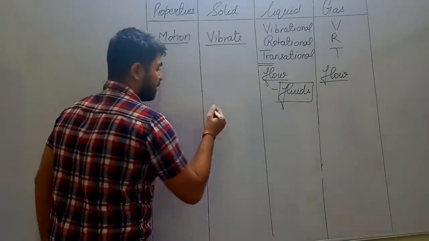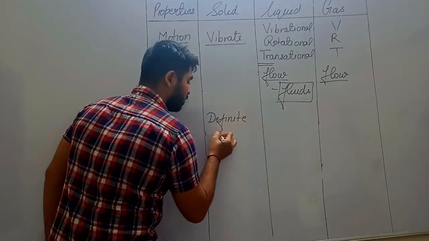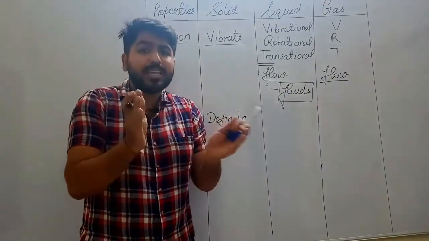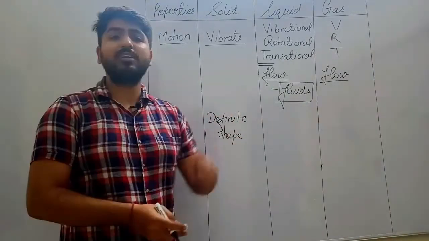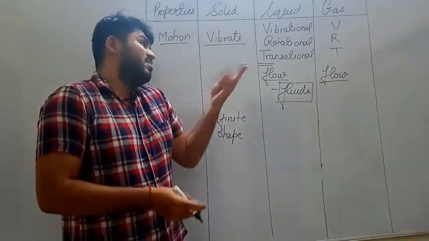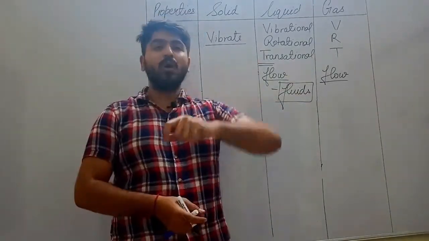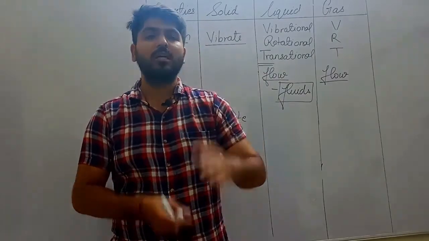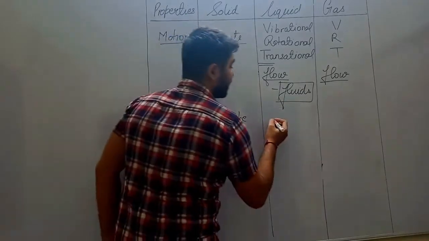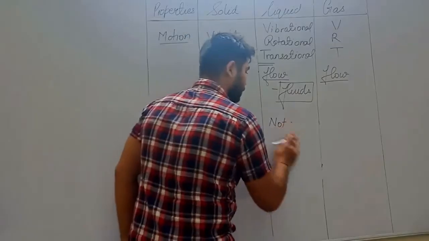Okay, next property. They have motion, due to which, according to motion, we can say that in solids, the particles, as they are fixed, have a definite shape. They are fixed, the particles just vibrate at their own positions, that's why they have a definite shape. Whereas liquids don't have a definite shape. They are easy to flow. So you have a glass of water. If you pour that glass of water into a jug, that water takes the shape of the jug, right? So in this case, the shape is not definite because of fluidity.